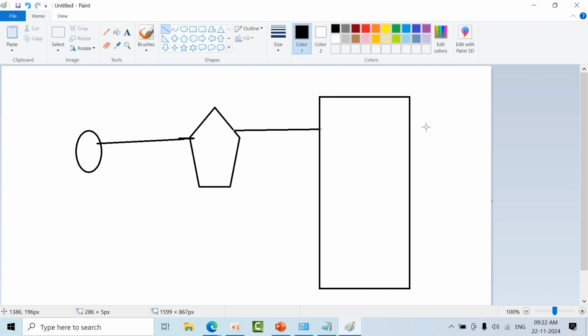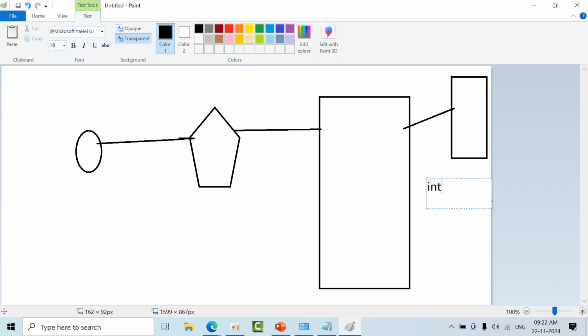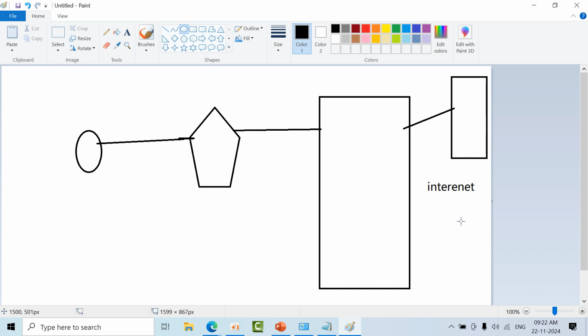From there it is connected to the internet. This we call the internet. Internet means Google, whatever it is; for simple understanding, we can say google.com.